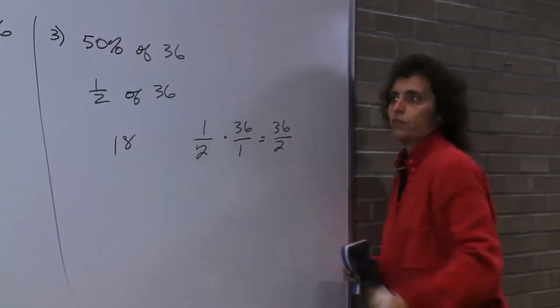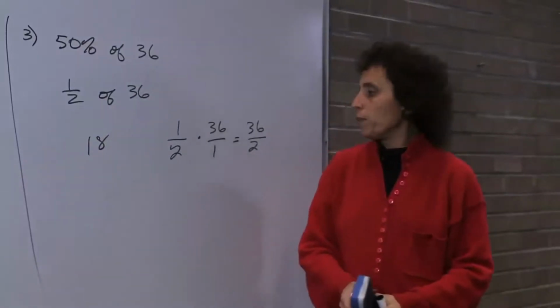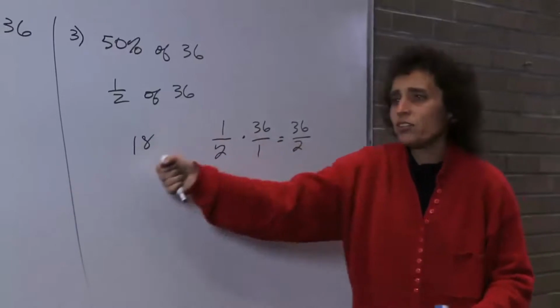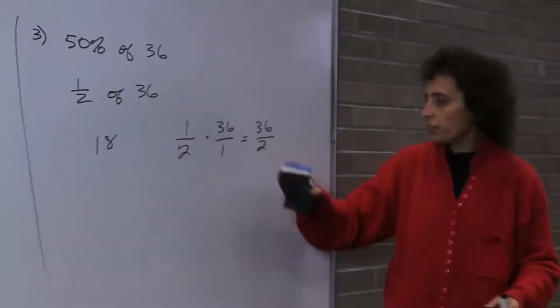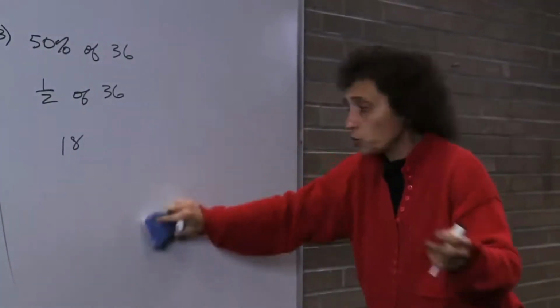36, you're dividing by 2. Okay? So that's what that meant to do. So 36 divided by 2 is 18. 10% of the number. On the shortcut,